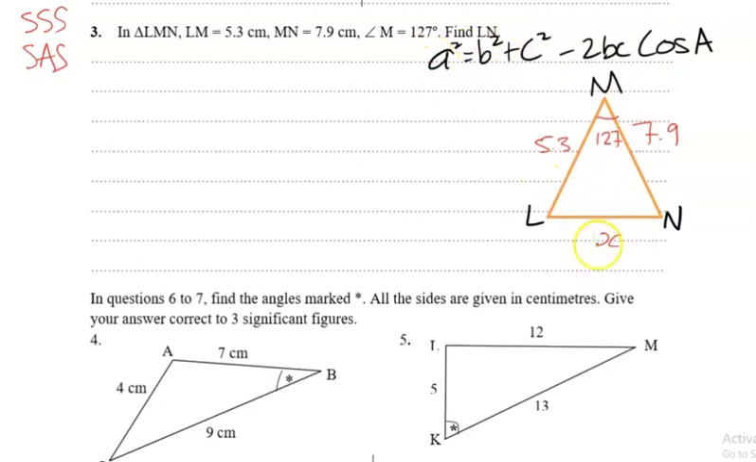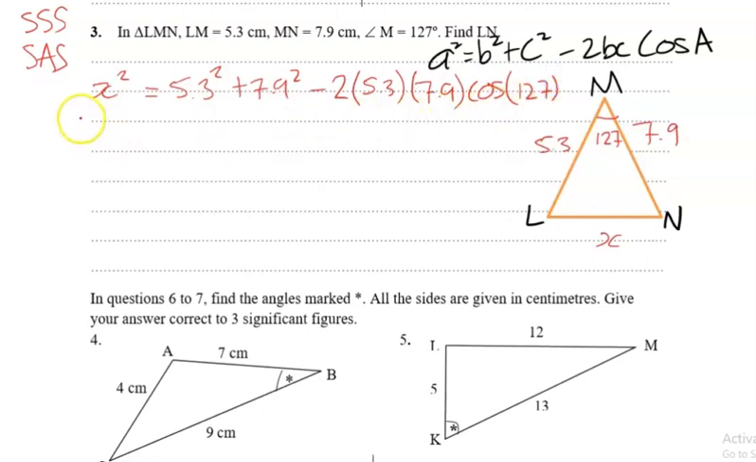So this side here is opposite this angle here. So if this was A, this would be capital A. So we're going to have X squared equals, now B and C don't really matter, these are the two adjacent sides to the angle we're using. So 5.3 squared plus 7.9 squared minus 2 times 5.3 multiplied by 7.9 cos